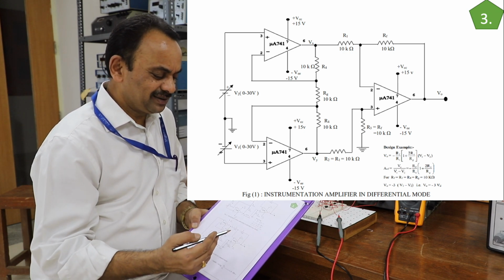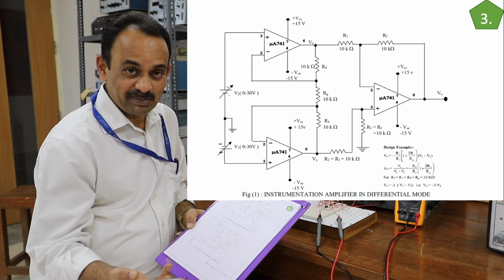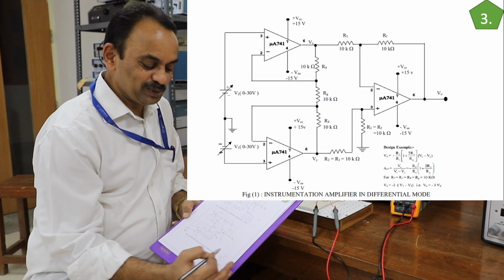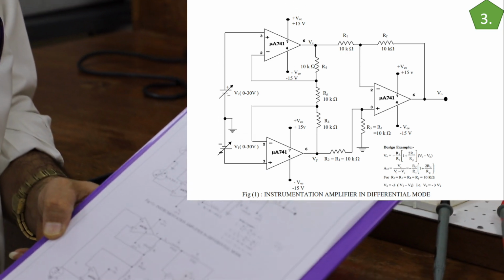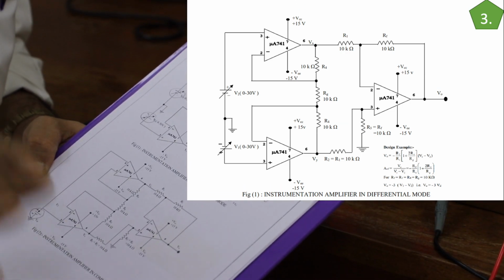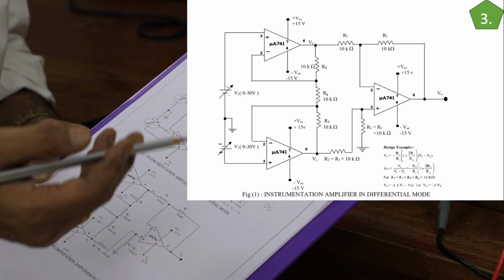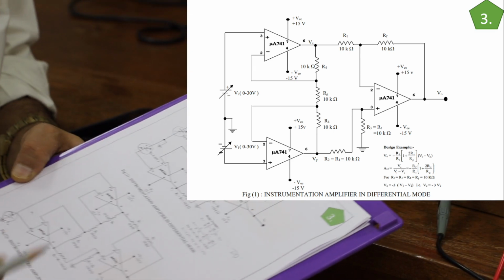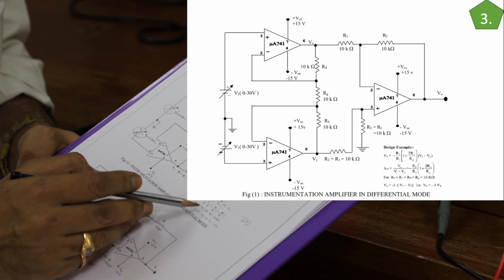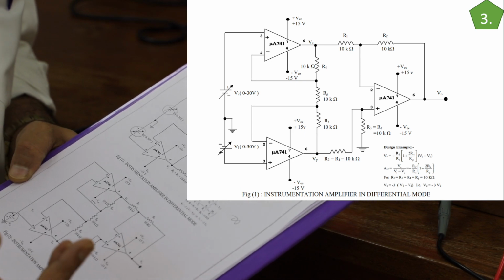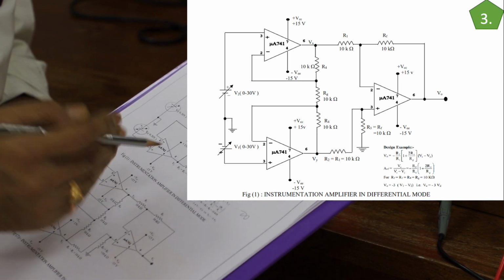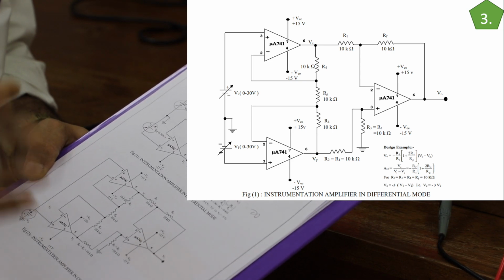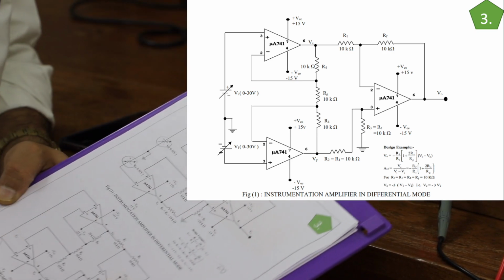So we know that ideally an instrumentation amplifier device is supposed to have an infinite value of differential gain and almost zero common mode gain, so that CMRR is infinity. But it's a very humble, simple setup I have made here. Just to make things simpler, because as you go to higher values of gain it will become a little unstable, and these loose wires may create some problems, I designed the circuit for a gain of 3. For all practical applications, we will design an instrumentation amplifier not for 3 at all, but at least for a gain of 100, 500, 1,000 and so on. But just for demonstration, I have designed the amplifier for a gain of 3 here.